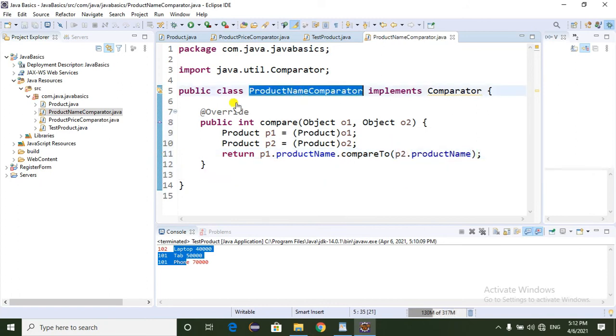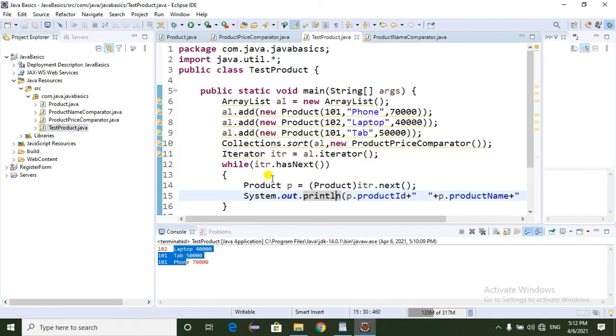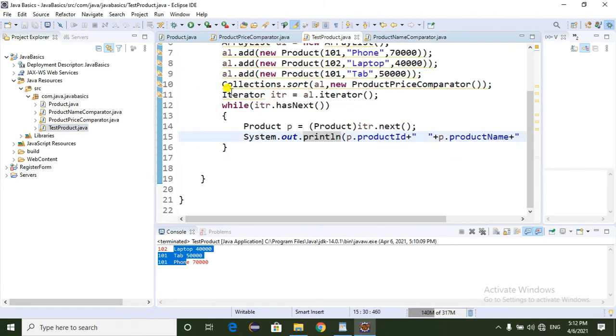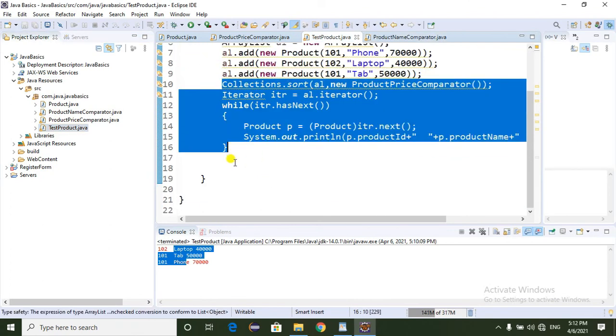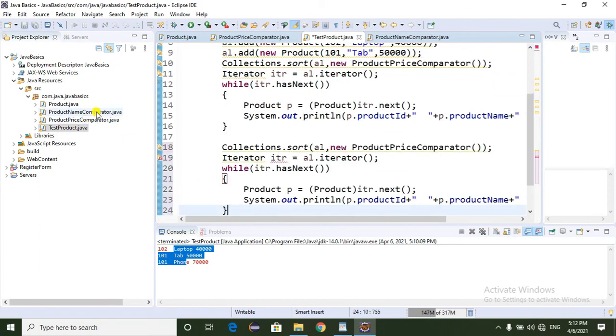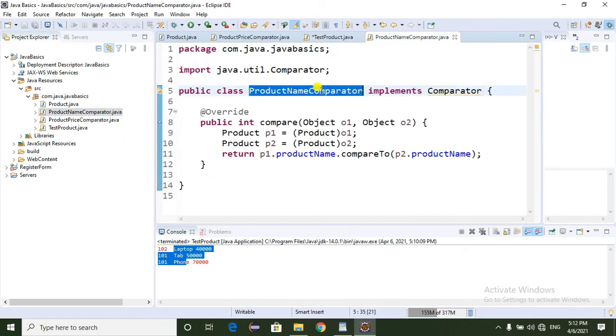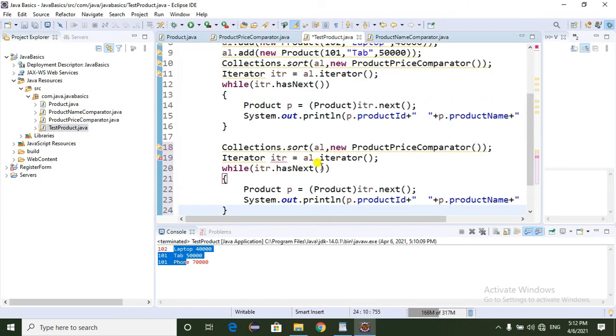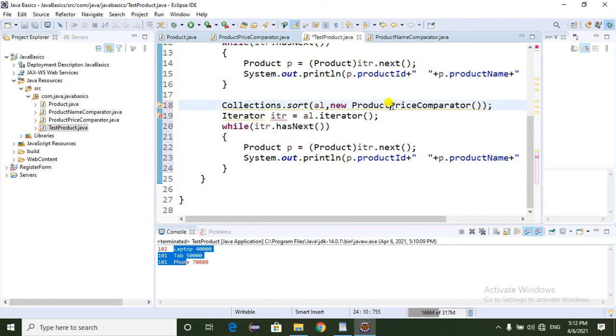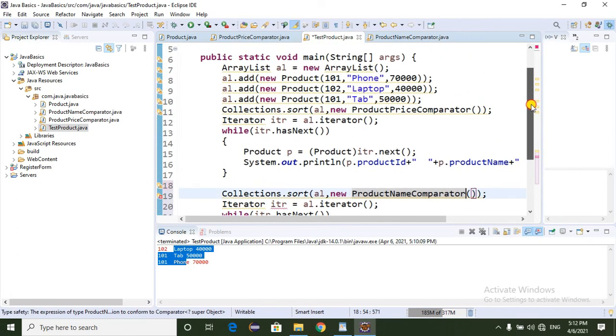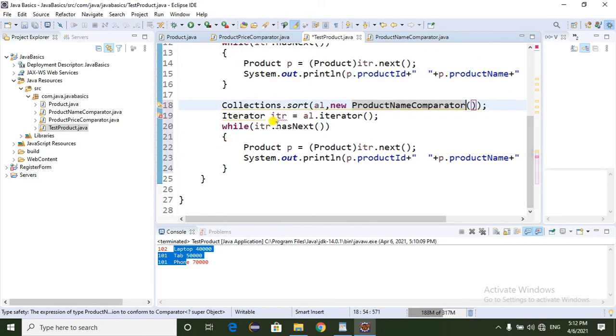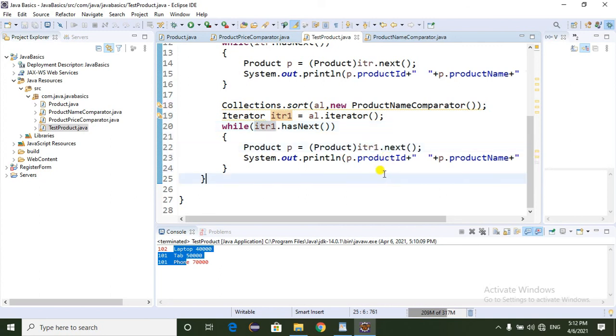In the test class we can use one more block just like that, and we should pass the comparator, ProductNameComparator. Here I am going to pass the ProductNameComparator, and here we can use itr1.